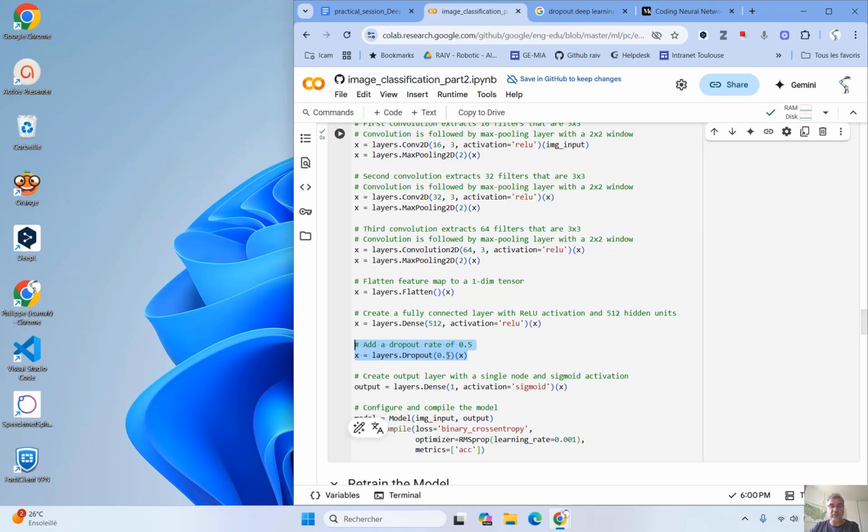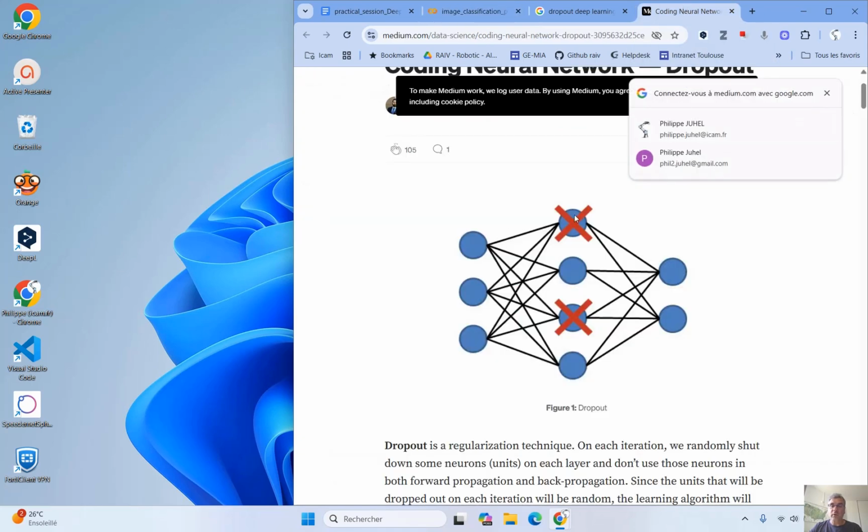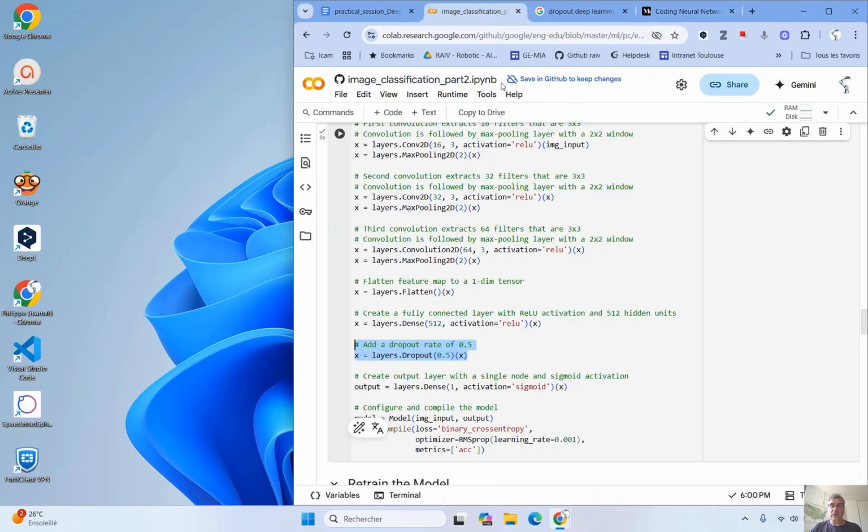The 0.5 means that we will artificially and randomly disconnect some neurons. We have a fully connected neural network, but randomly we select neurons and disconnect them just during one epoch. Then on the other epoch, maybe they will be reconnected or another one will be disconnected. So this is dropout.